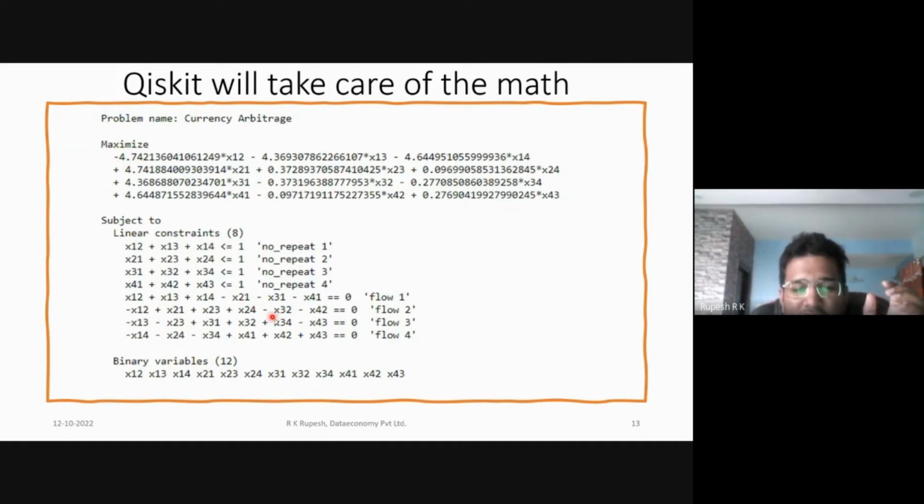Then these other things were added by taking everything to the left-hand side, squaring, and adding them along with a cofactor, ensuring that if any of these constraints are violated, we get a huge penalty, so much greater than the profit we could get from violating this condition. This needs to be ensured, because if the constraints are weaker than the function we want to maximize, it will give us a solution where the profit is maximal, but it might not be the best possible solution, as I just described.